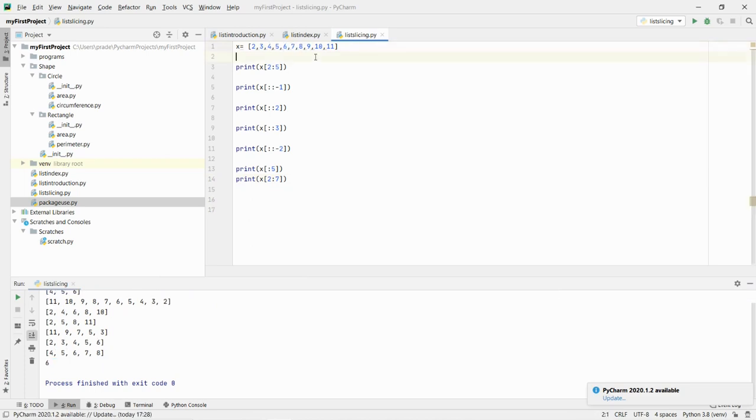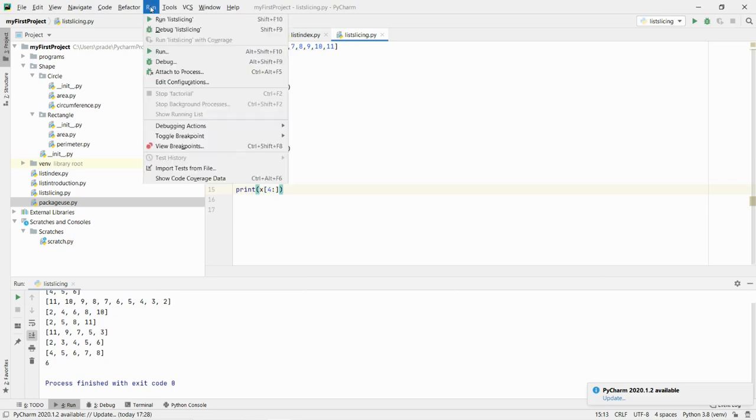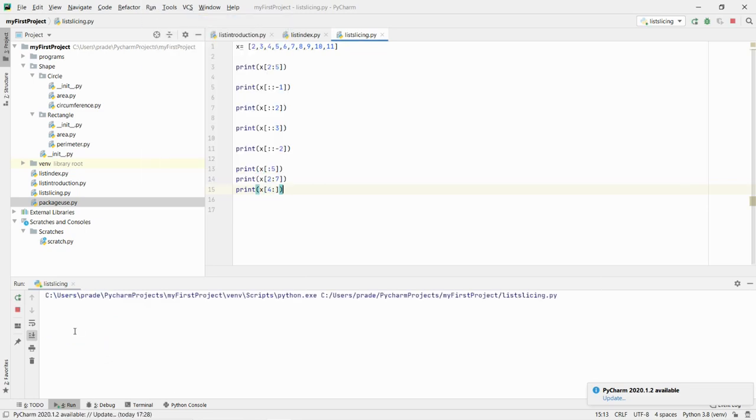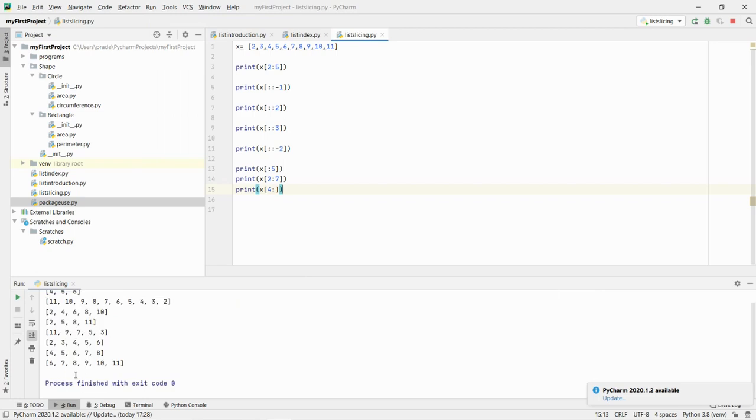Suppose now I want to print all the elements starting from element 6. To handle this scenario, I have to just provide the start value. I will say print x. Now the index of element 6 is 4, so I'll say x 4 colon. So basically I'm saying I want to print all the elements starting from position 4. So let's go ahead and run this program. You can see here I'm able to retrieve all the values after the